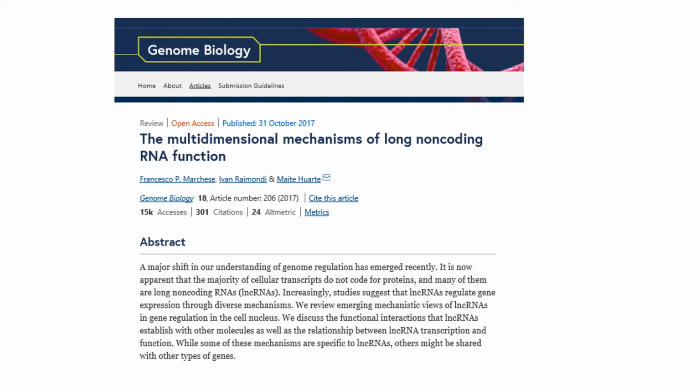And so one type of non-coding RNA that seems to have very significant regulatory mechanisms, as the abstract of this paper says, is these linc RNAs, or long non-coding RNAs, and they regulate gene expression through diverse mechanisms, as the abstract says. And for those of you interested in the detail, this is an open access paper. It's available to the public. You can just go ahead and pull the paper and enjoy the read.